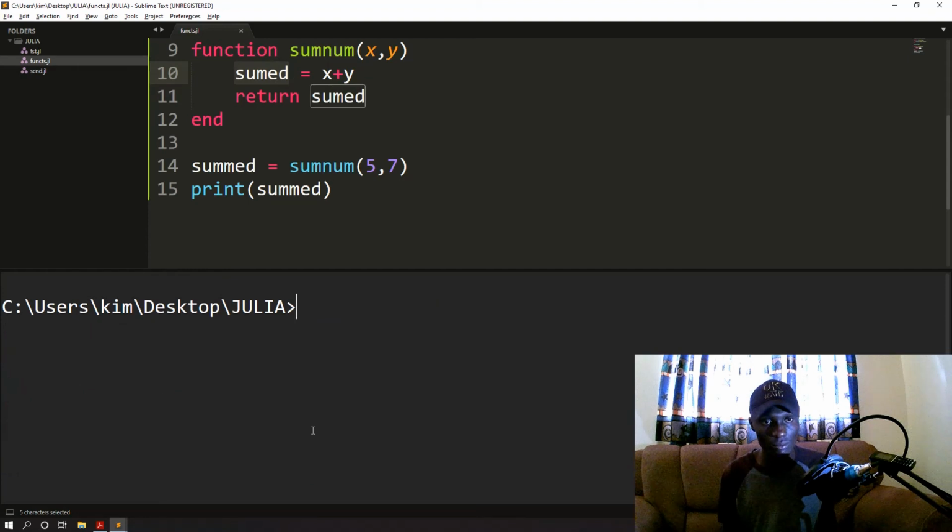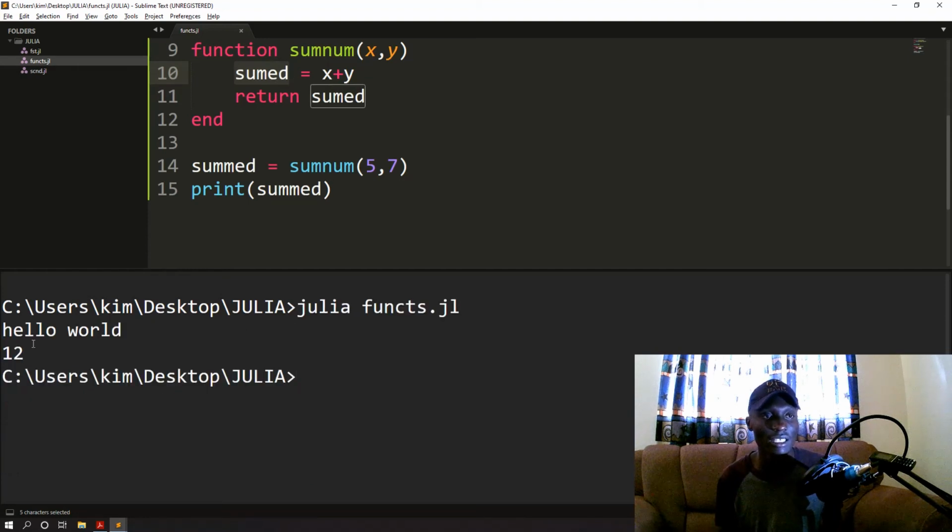Now let's see. You see, it returns print summed, which is 12. Now let's say you wanted to use this value to do other things, then you can access it over here by doing what we did. The value returned over here, we assigned it to a variable and then we called it.